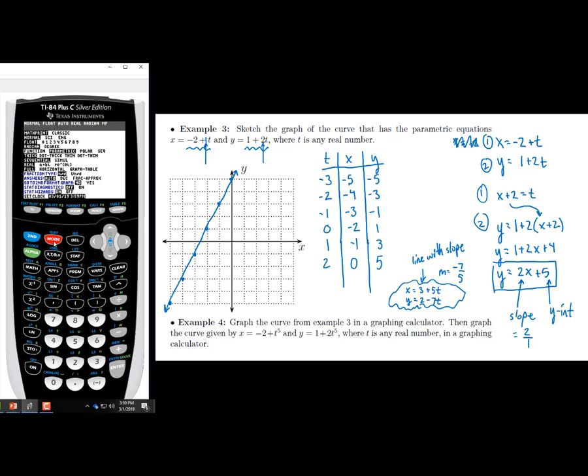And I'm going to quit. Then if I go to the y equals menu, it's got a slot for x and for y. So I go ahead and type in -2 plus my variable button t, and then 1 plus 2t,